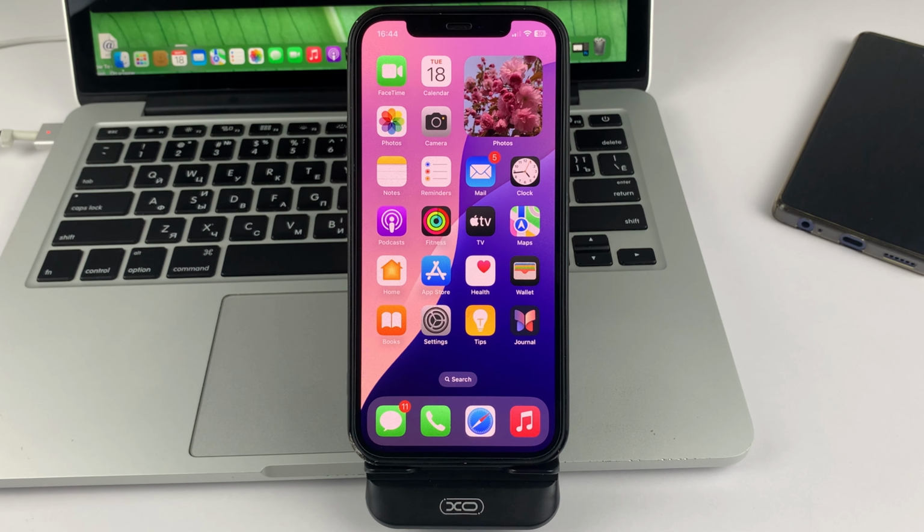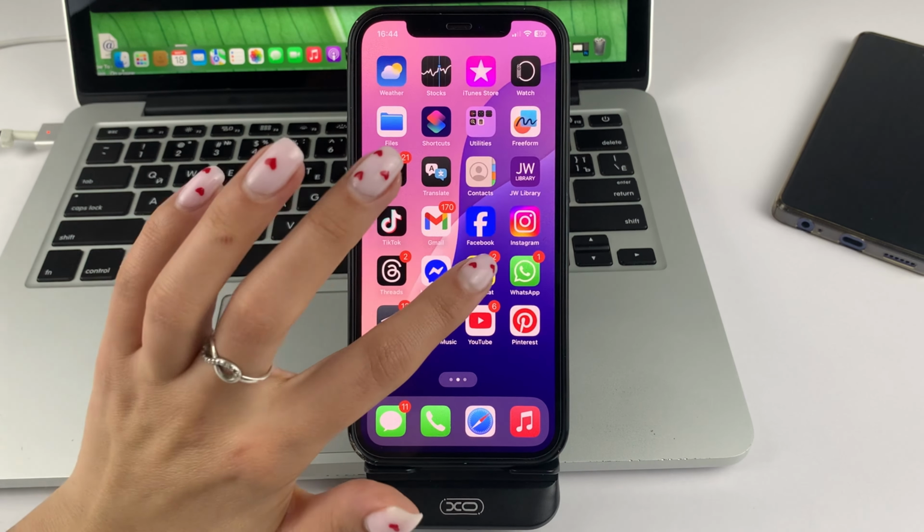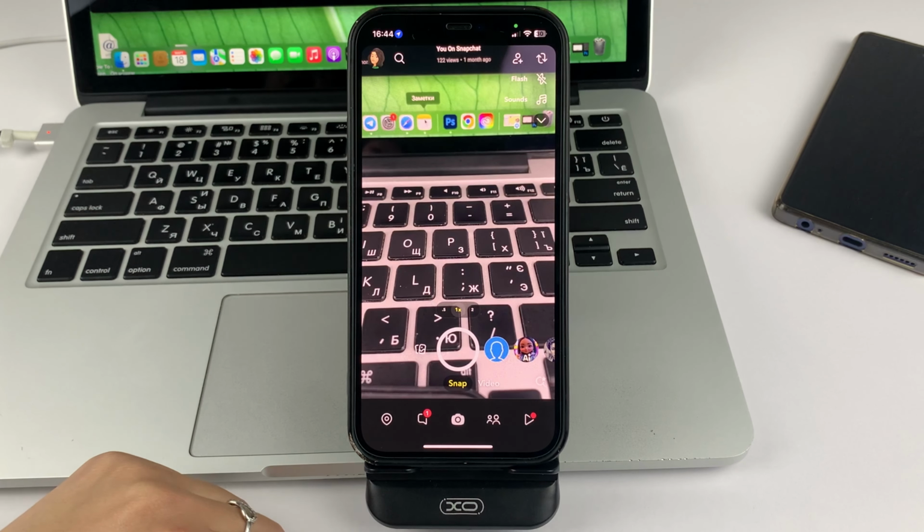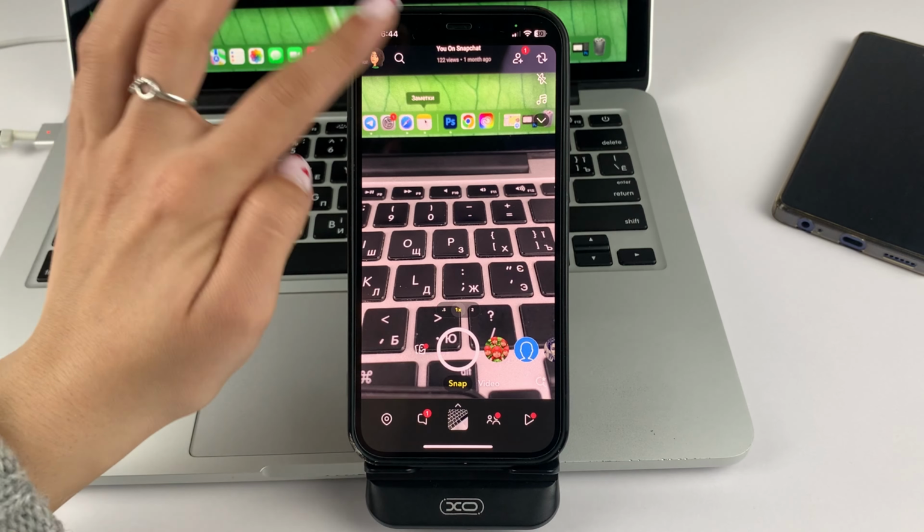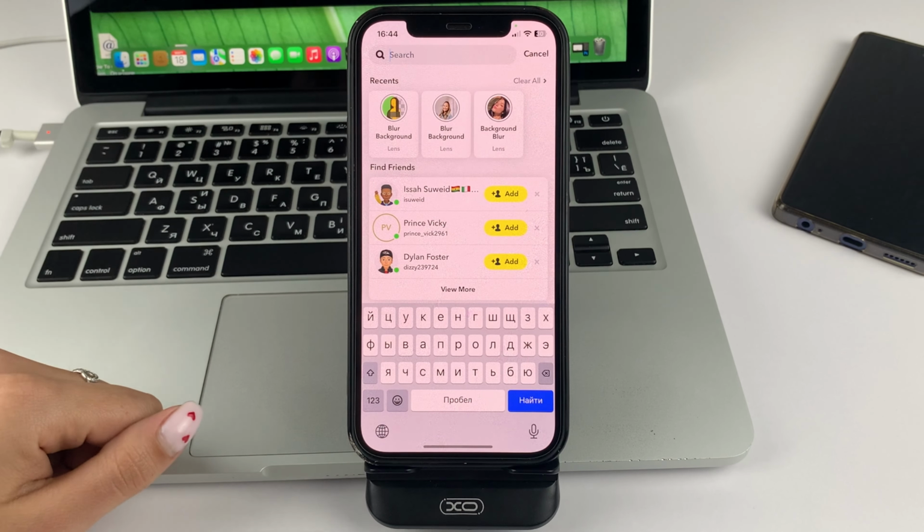Well, let us get started. And first of all, please open up the Snapchat app on your device. And I'm going to show you two methods on how you can find out or see if someone has blocked you on Snapchat. For the first method, you will need to go to the search part of the Snapchat app, for example,